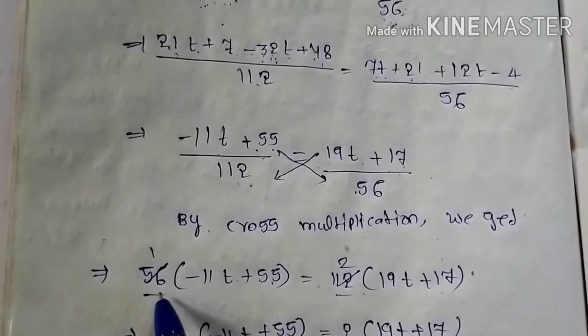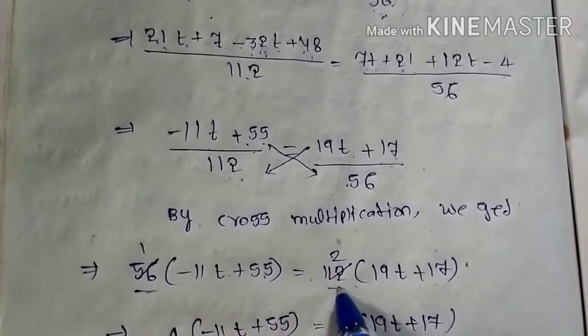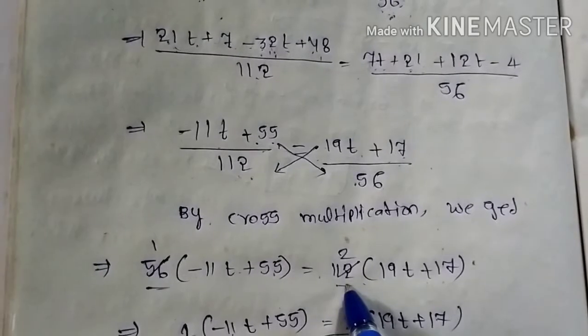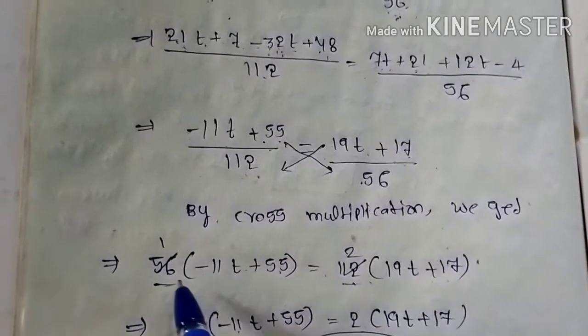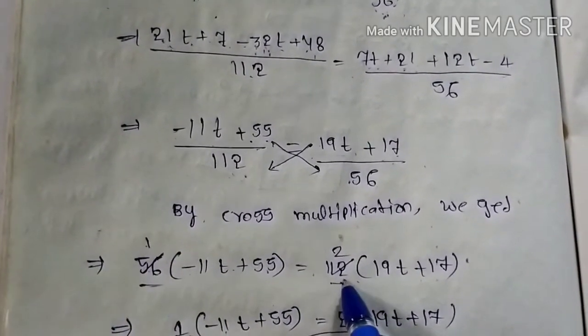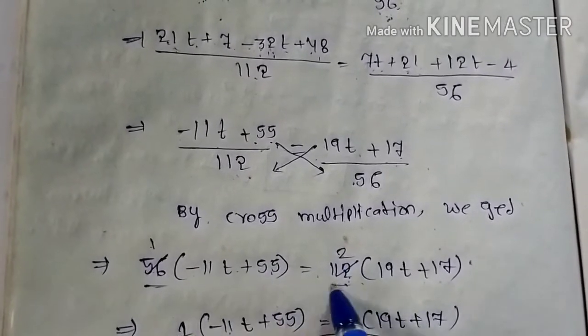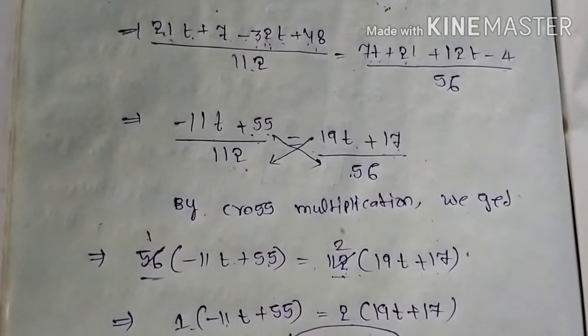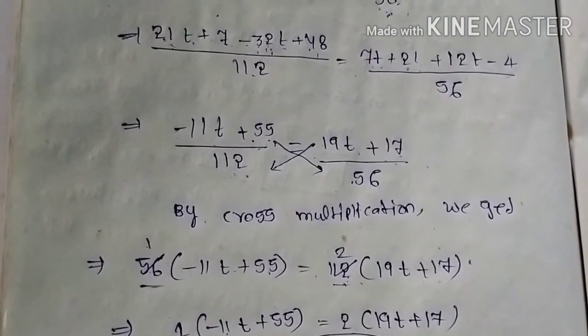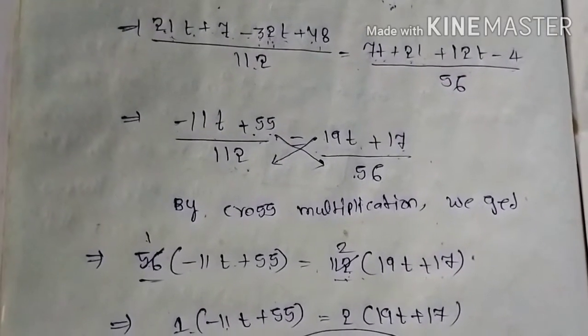See, once you observe here, 56 and 112 having common factors or not, so that I am simplifying. You can see here 56 1 ja 56, 56 2 ja 112, yes or no? 2 6 ja 12, 2 5 ja 10, 10 plus 1 is how much? 11. That means you can simplify directly. 56 1 ja 56, 56 2 ja 112.